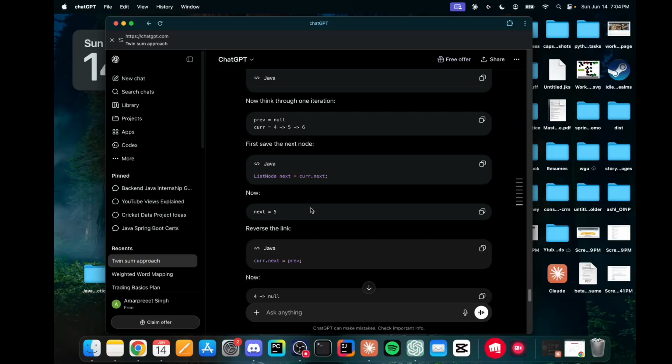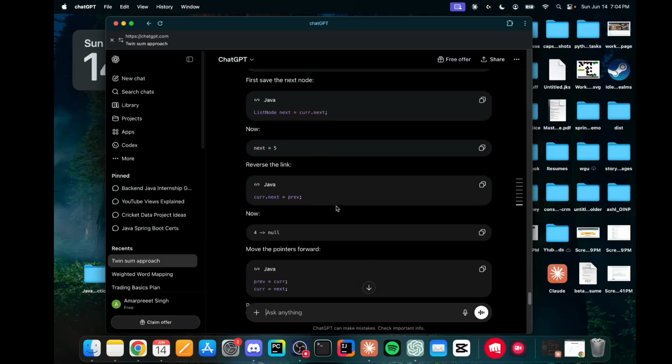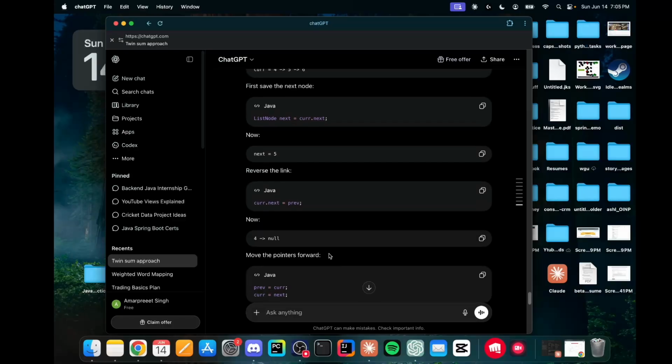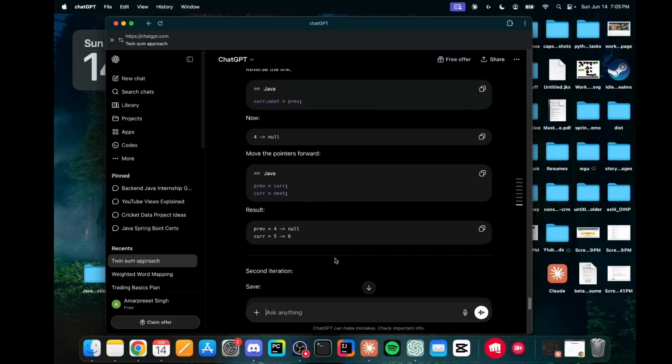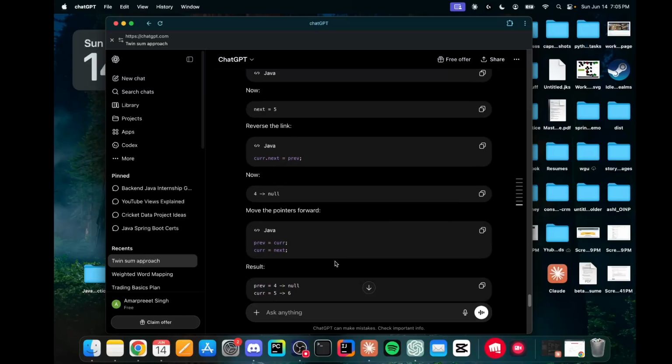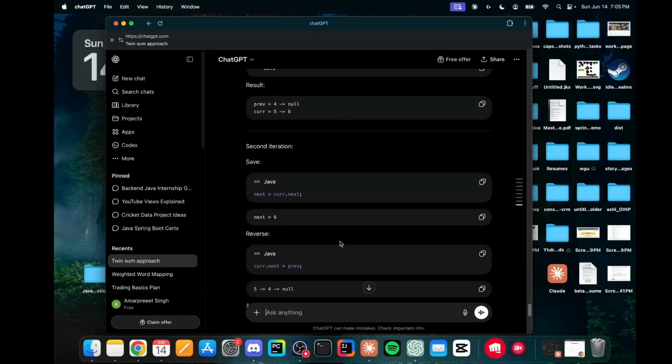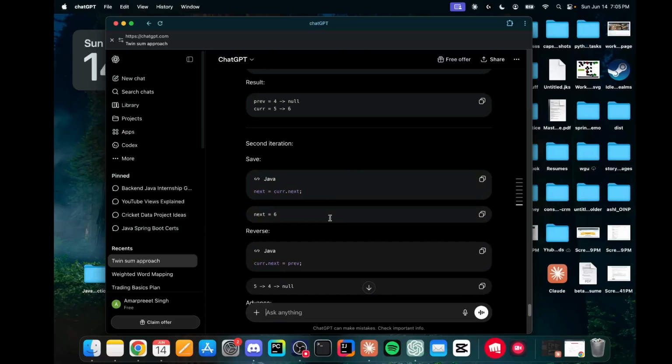Current.next, 4, points to null. Okay. Current goes to 5. Then current, 6 points to